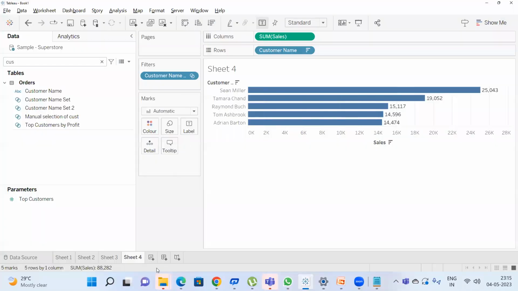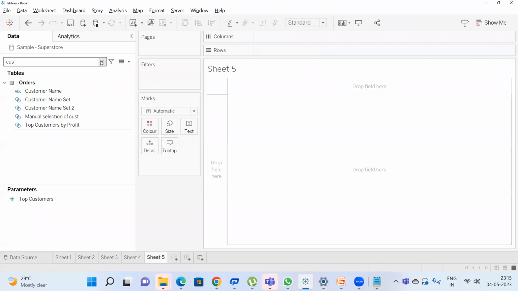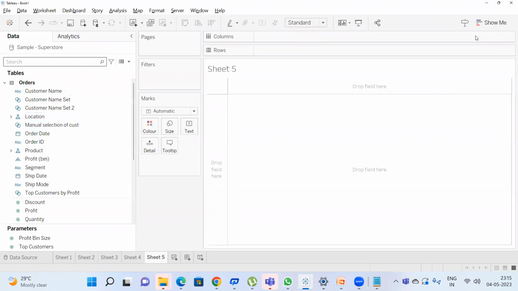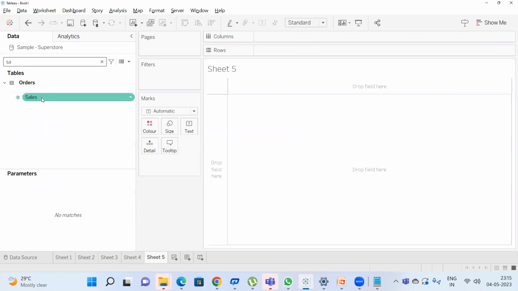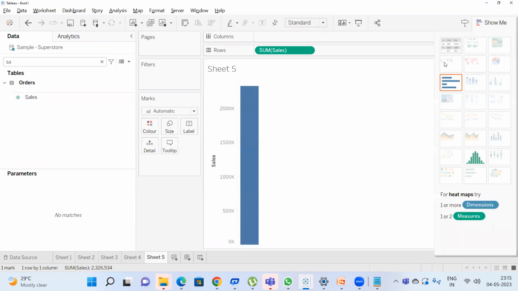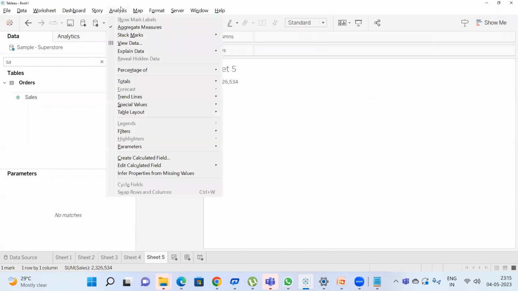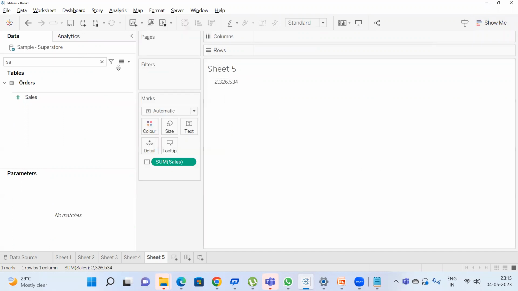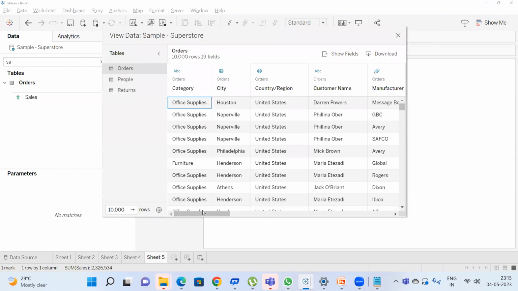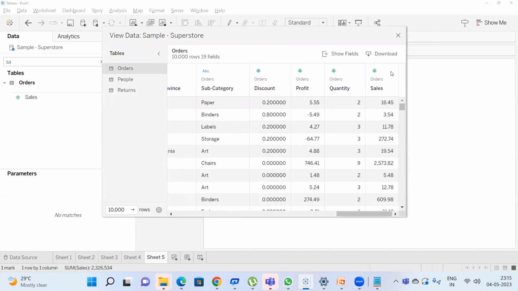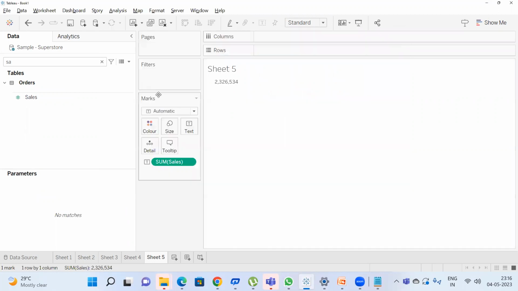So I will just show you how to create bins in Tableau. We have also seen this, but let me show you again. I'll take an example of sales. Sales is here, and go to analysis. It is the summation of all the values in the data. If you see, these are your exact values. In each and every row you have values like 16, 3, $11 to $72. So all of this, the summation of the entire column, you're getting as